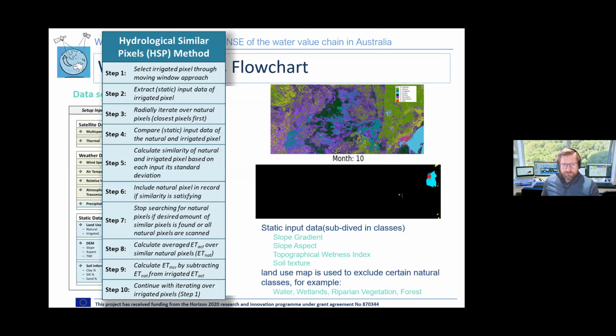The second actual model that we use is the hydrologically similar pixel method. So the first model, ETLOOK, is just calculating actual evapotranspiration on a pixel. The second process is now calculating what are known as, or identifying, the closest natural pixels. I'm not going to go through all the 10 steps, but basically what it is doing is identifying around the irrigated pixel natural pixels that are very similar, have similar static data, so similar aspect, gradient, wetness index,